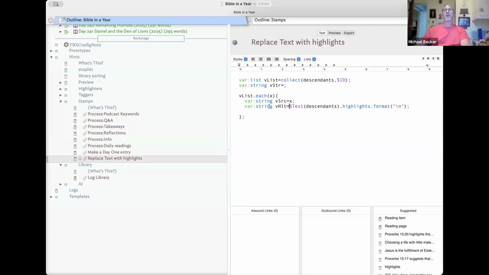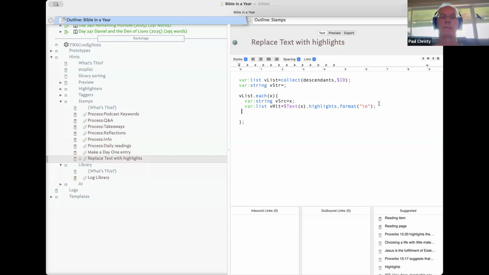So now what we're doing is we're getting a list of every one of the highlights. So we grab the children, we process each child, we create a source variable for each child. And we then are creating a list of all of the highlights from that particular child. That's how we get it, by saying text X is the ID for that child. So we're grabbing the highlights from that note. So now what we can do is we can say v highlight dot each